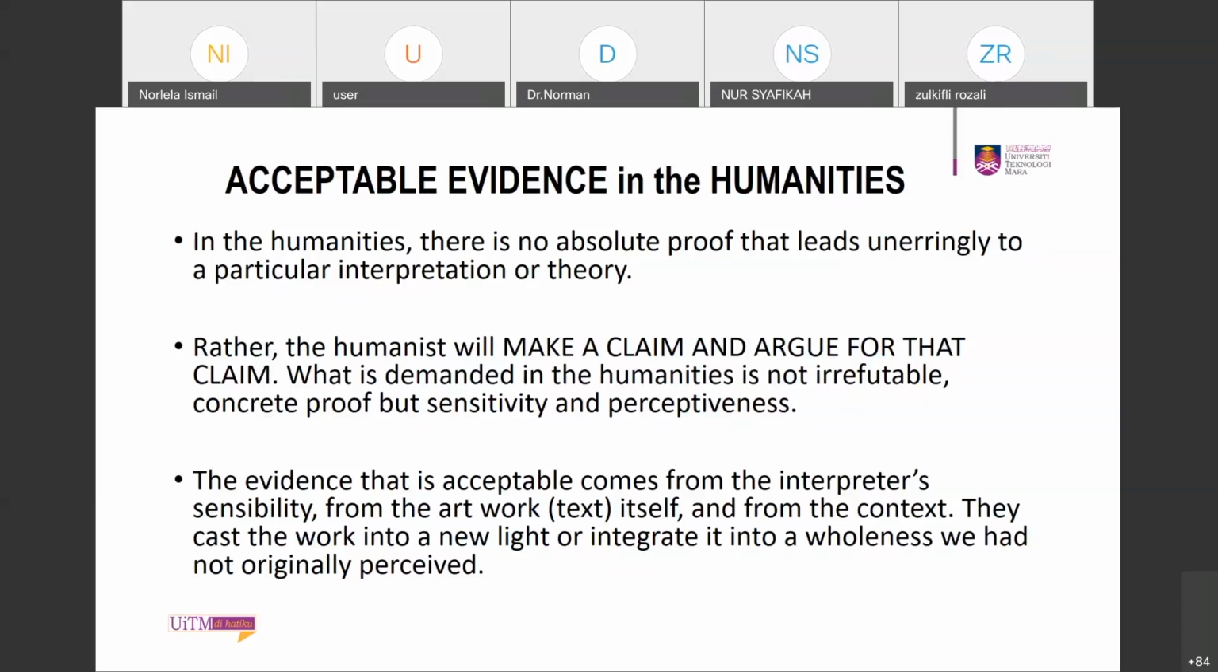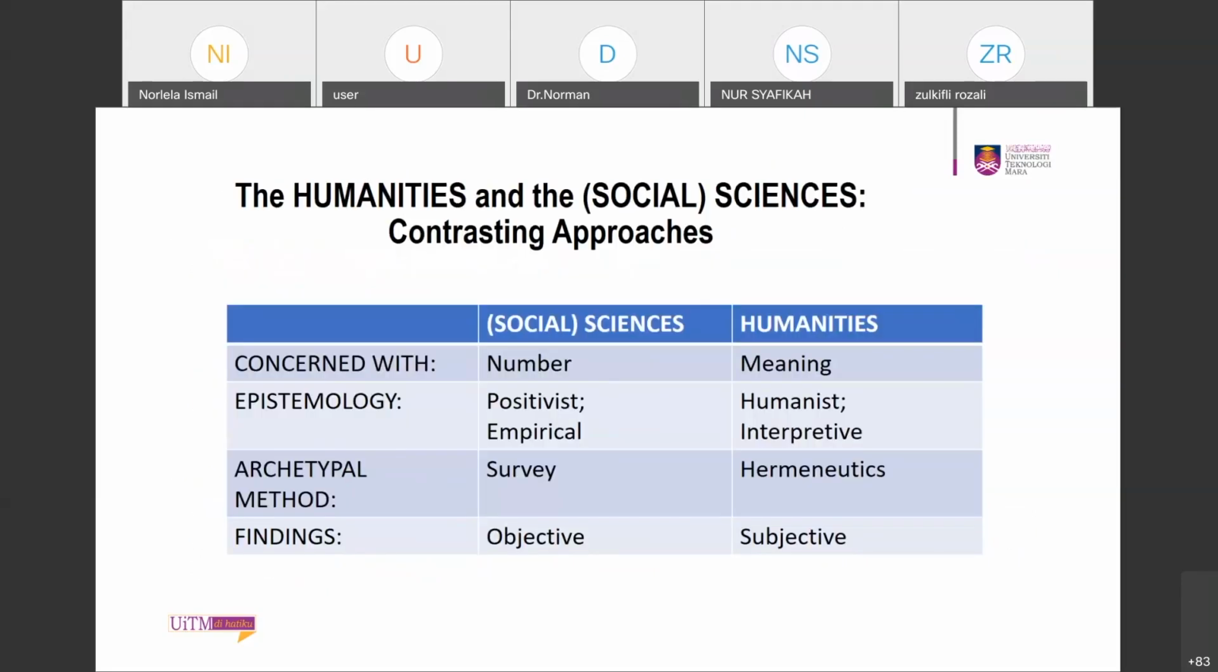They cast the work into a new light, bring new perspective or new dimensions, or dovetail it into a wholeness we had not originally perceived. So in order to make us understand the humanities better, let me share with you the contrasting approaches